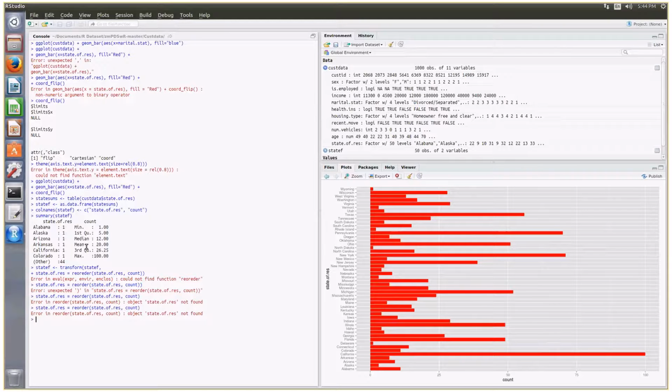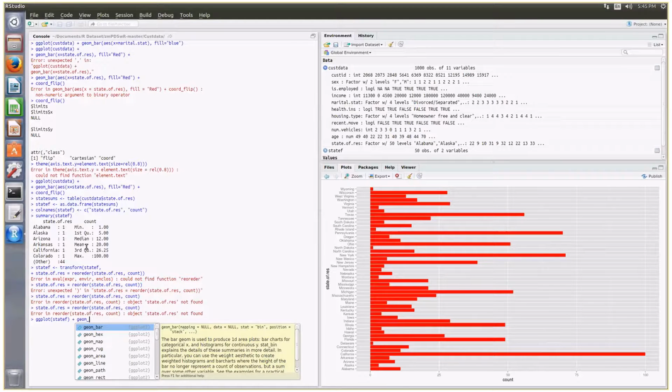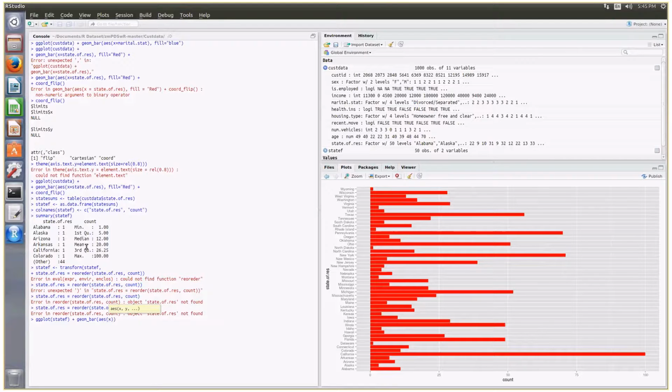Next we can make the plot. ggplot of state f plus, this is a bar chart, a bar, x-axis equals state of res, state dot res, and y-axis should be count, stat equals to identity,